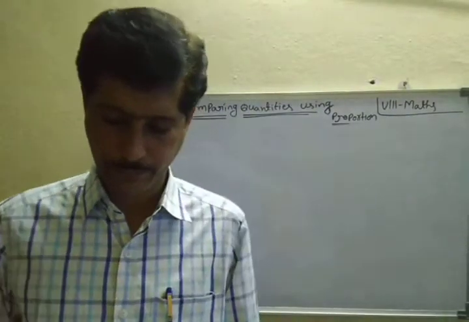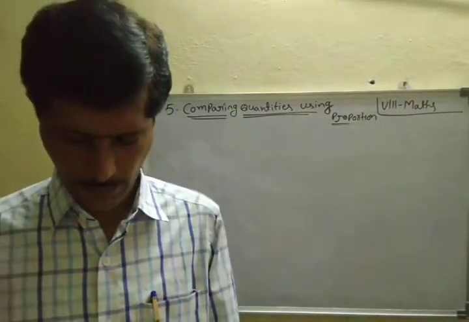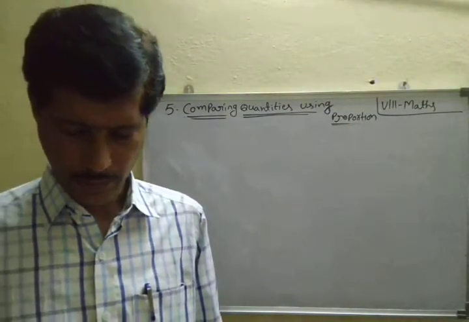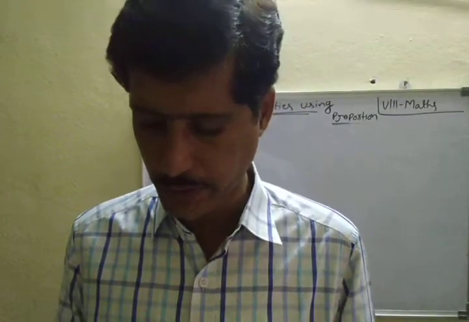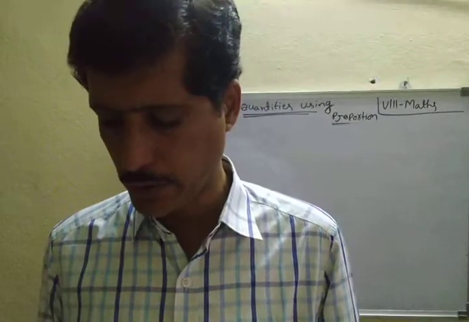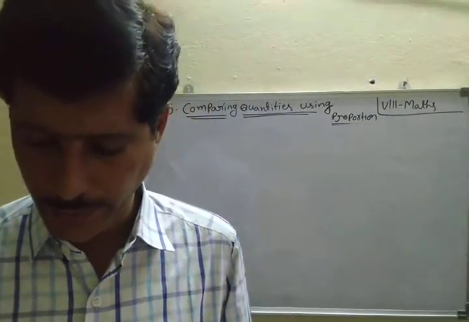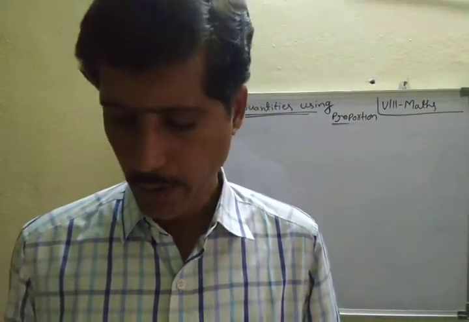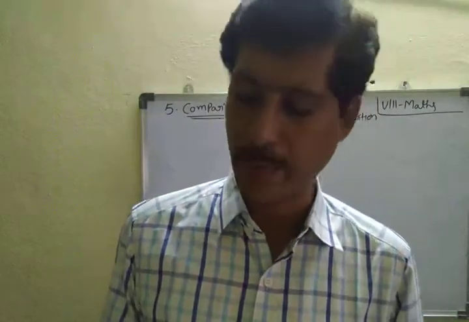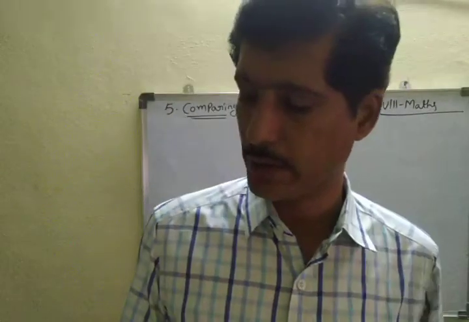Next problem. Next, Bharati borrows an amount of 12,500 rupees at 12% per annum for 3 years at simple interest. Madhuri borrows the same amount for the same period at 10% per annum compounded annually. Who pays more interest and by how much? Therefore, first simple interest formula, principal P equals 12,500 and R equals 12% and number of years equals 3 years.